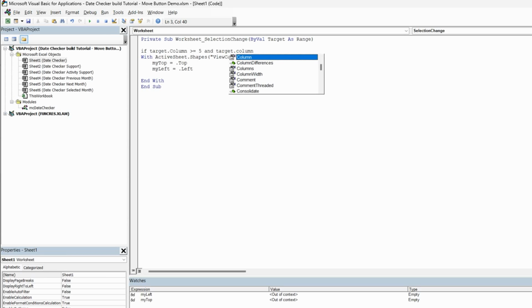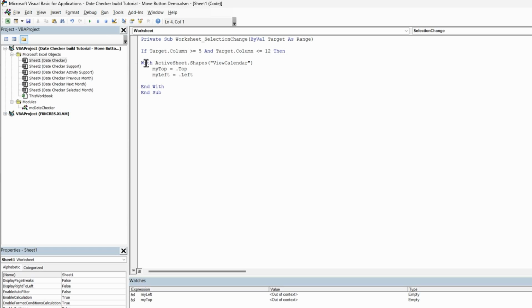So what I'm doing is finding out what column we've selected is less than or equal to 12. Then I'm going to tell it to do something here. So move to, so this is move to second position. Now I'm just going to put a note there, and all I'm going to do then is get rid of that because I don't need them, and I'm going to do dot top. So for the second position, dot top